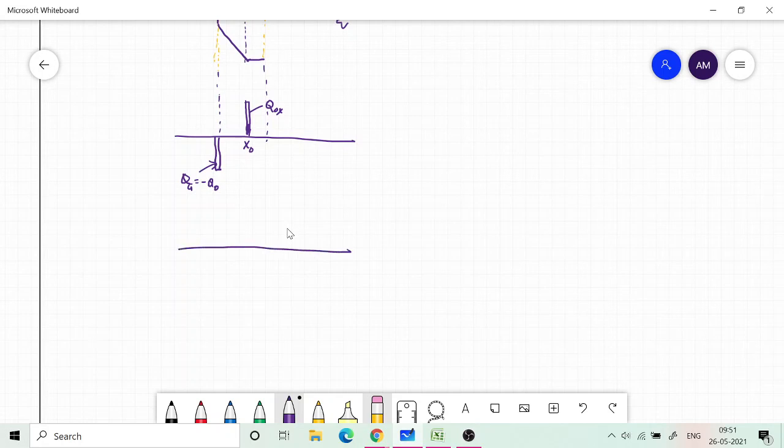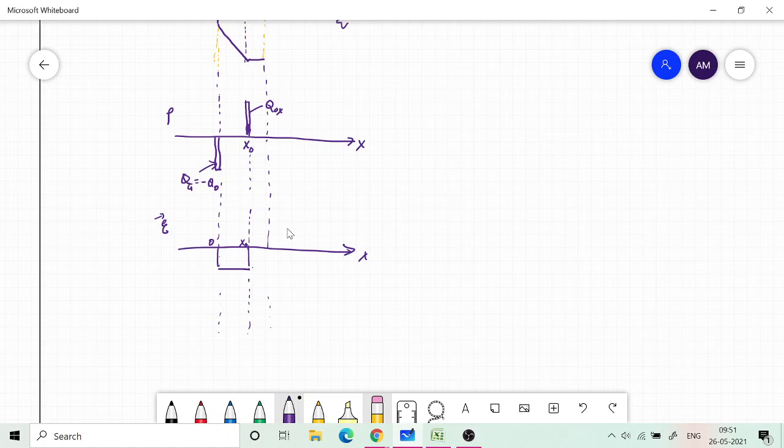So this is my rho. Now my electric field, how does it look? It is going to be negative, and it is only between x0 and 0. So this is my 0 point and this is my x0 point. I have the electric field like this. It is constant. Okay, this is my x, and then similarly I can draw my potential.